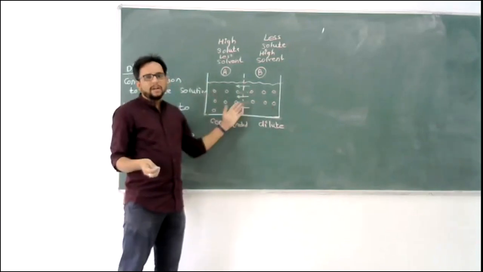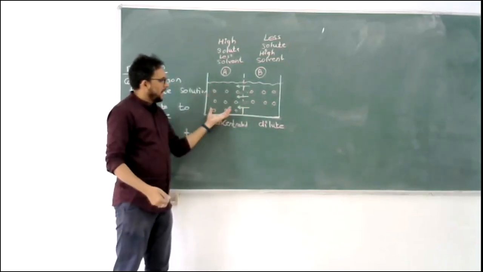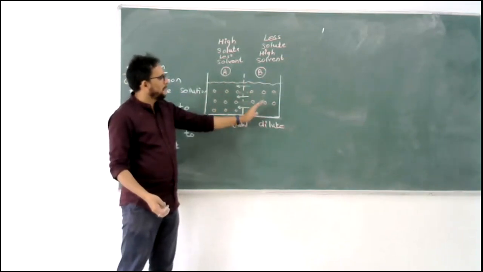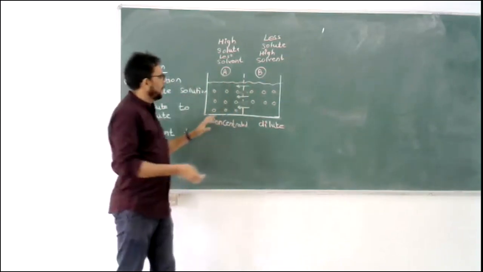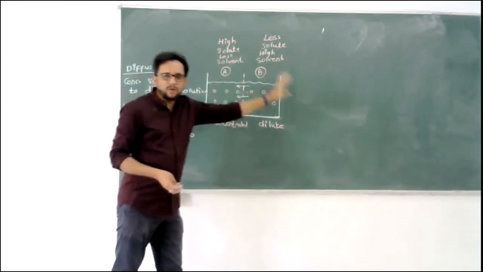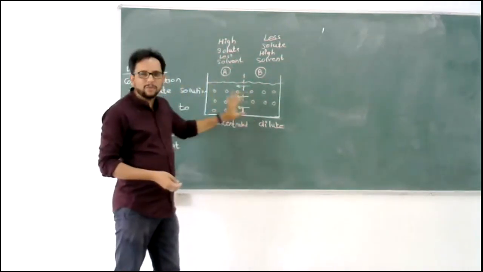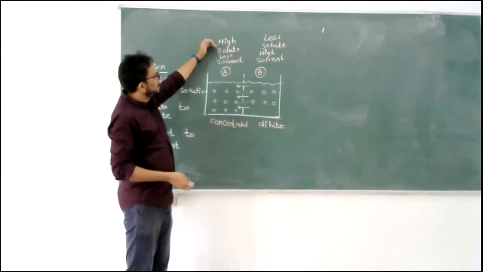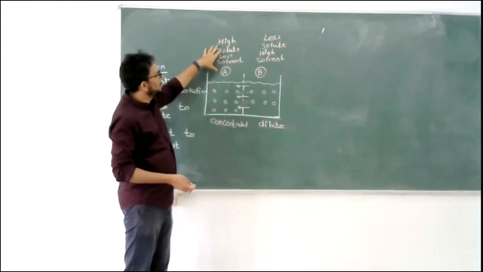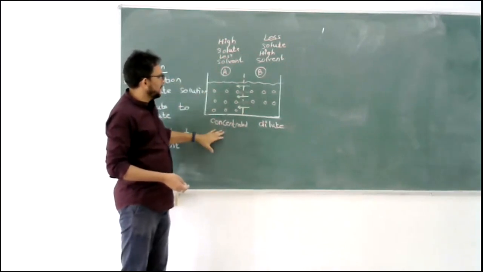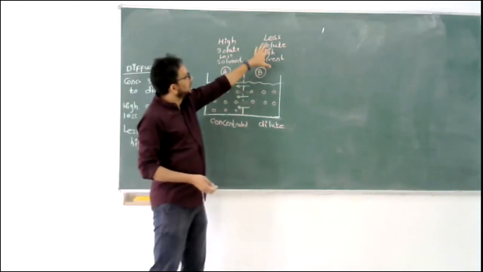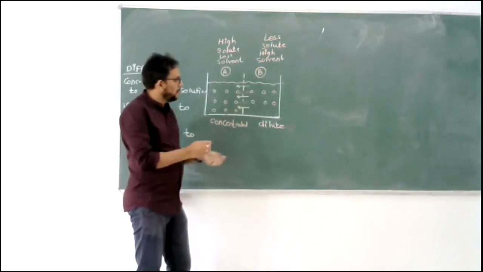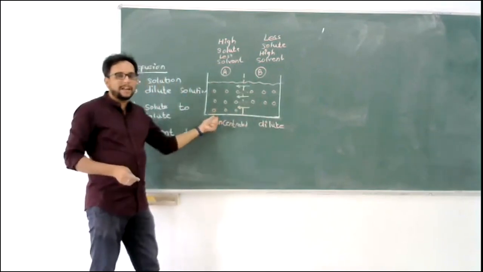So we again take another chamber. We take A and B compartment. Then we add 9 molecules or 9 grams of solute in the same volume, and in the other compartment. So this is a different system. I don't want to draw it again separately, so that's why I'm using the same. Same parameters will be there. That will be high solute in A compartment, less solvent in A compartment, and it is called concentrated. B compartment will have less solute, high solvent and dilute. But osmosis is happening in the reverse direction.